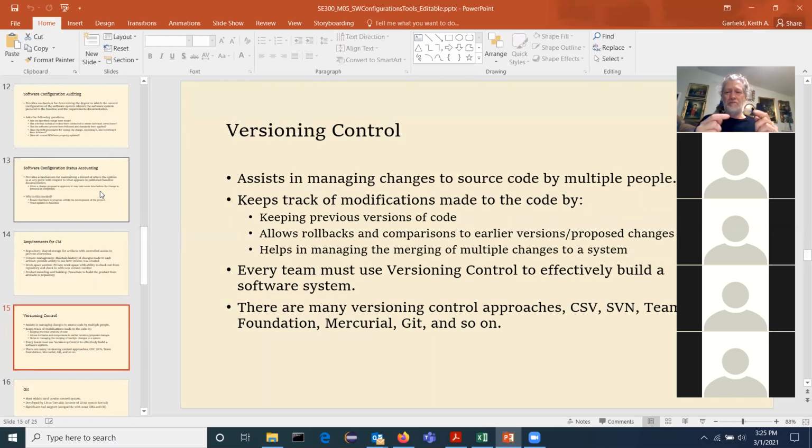Versioning control. Now here it's about not just keeping track of versions, but being able to roll back to previous versions, even if all you wanted to do was look at something for reference. Maybe you've got this software, version 1, version 2, version 3, and then you want to branch off from that and make a slightly different product for another customer. Intuitively you'd say, we're going to start with version 3 as our baseline, and make a 3A for our customer. But it may be that customer needs something that was actually from version 1. So you roll back and version 1 becomes your baseline for that customer.